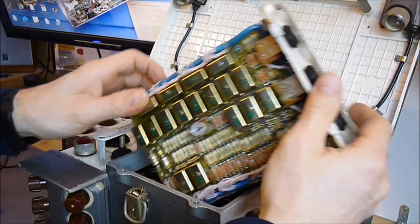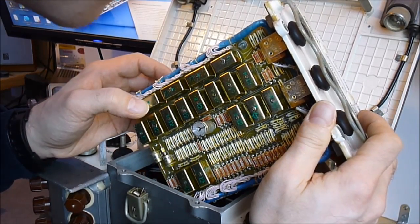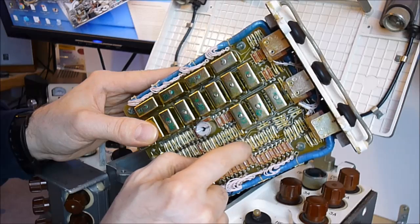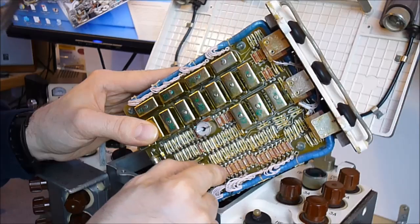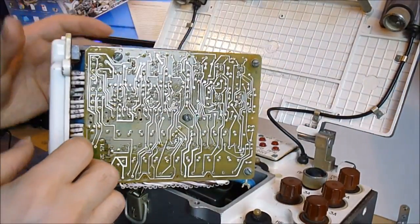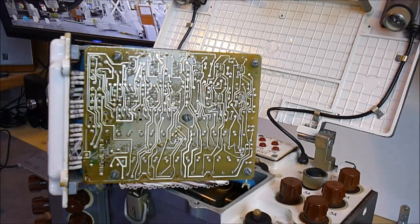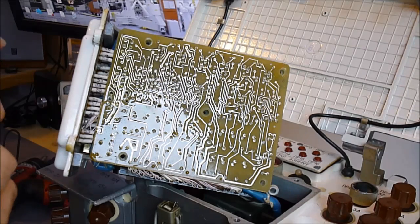So on this side, as you can see, we have a PCB with what must be relays. A lot of them, a lot of very small drop shape diodes here, resistors, the wires. On the other side, in fact, we cannot see because we must flip the PCB. So I will remove the screws. Okay, it was not easy because the screws were very tight,